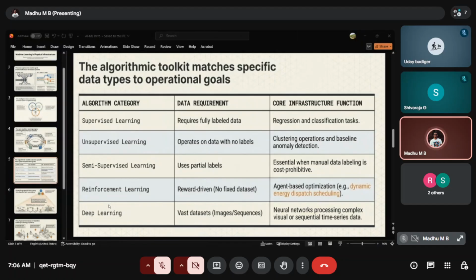And if you have very vast, huge data sets, it could be images, PDFs, or video, a mix of structured, semi-structured, and unstructured data, which usually will be stored in blob storage like Azure Blob Storage or S3 buckets, we can use these vast data sets with deep learning.